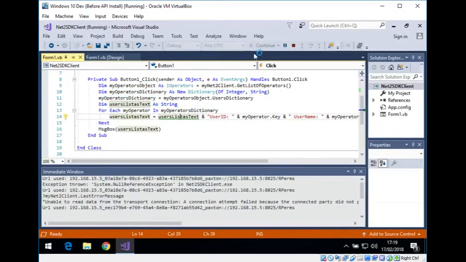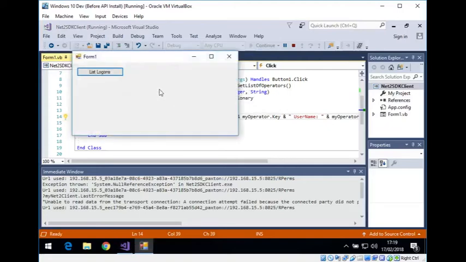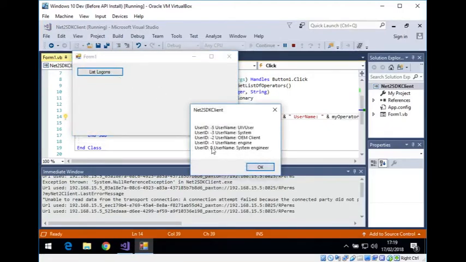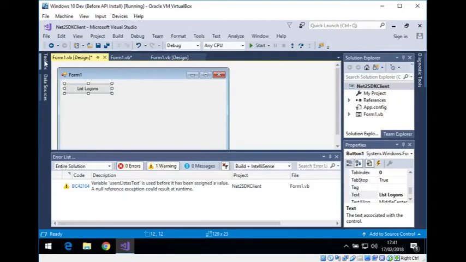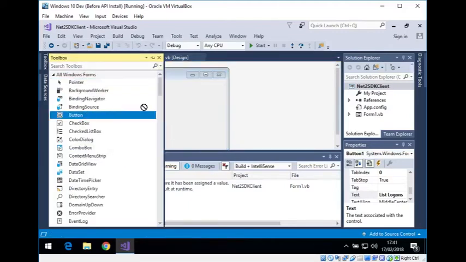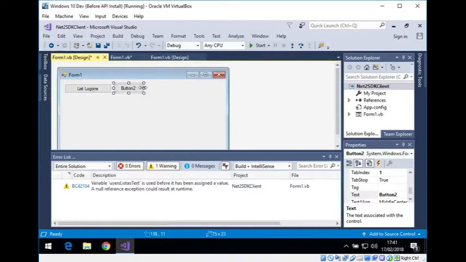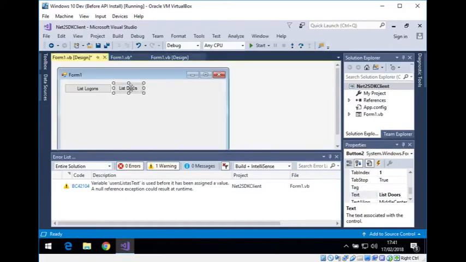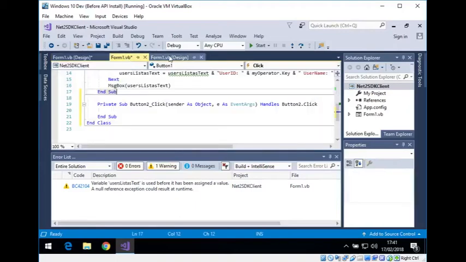So we do need to know which user ID the system operator is. So I'm going to click on list logons again. It's user ID 0. So now we've got the logons working, or listing the logons. I now need to create a button to list the doors that we have access to. So there's a new button, I'm going to call it list doors. I'll click on it and create some code. If it wants to let me, yep, there we go. So when I click on button 2,